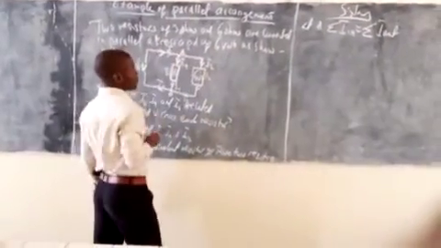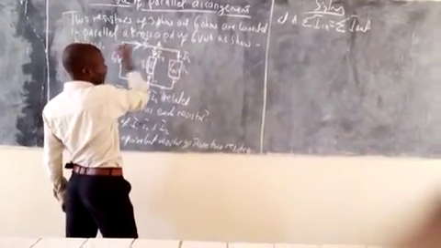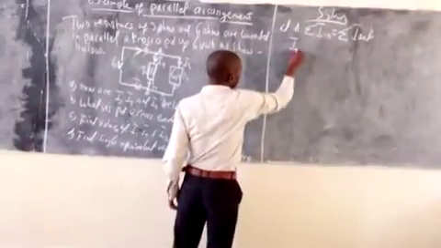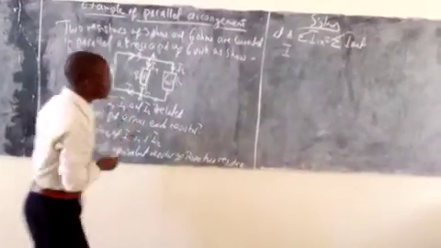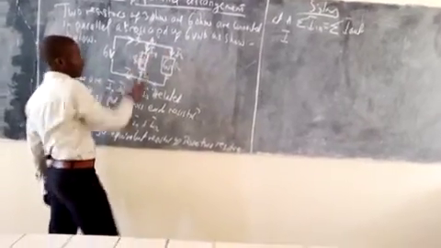Now, at point A, the current I is entering the junction,